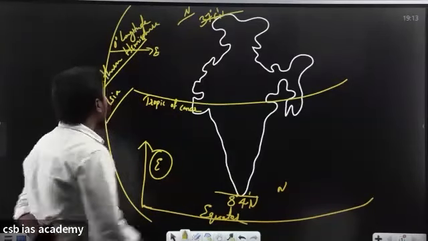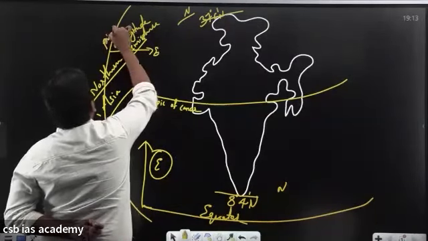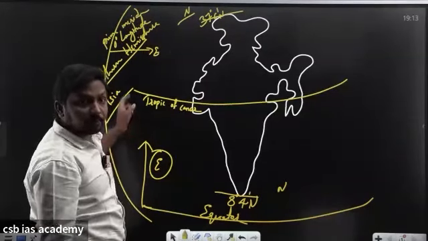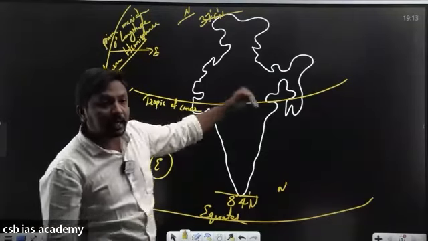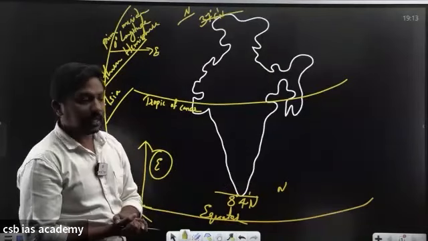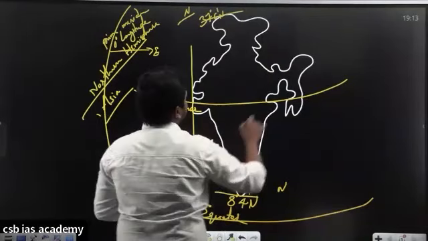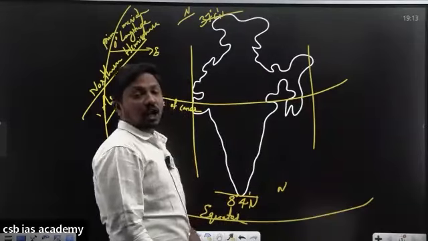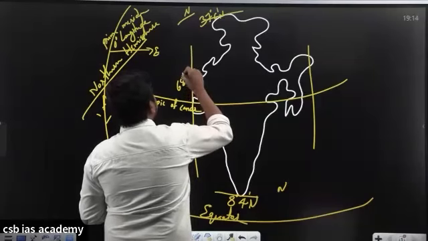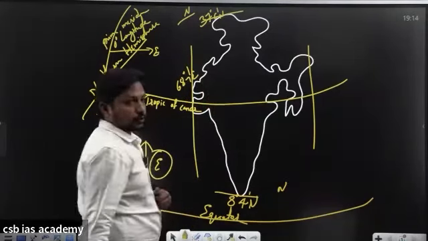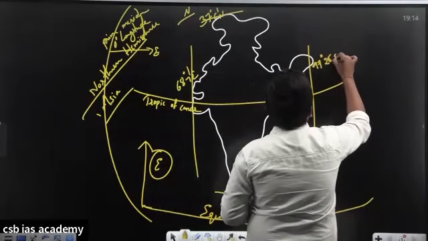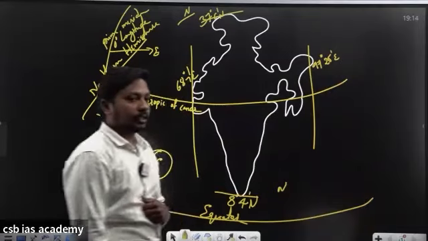0 degrees longitude. That is what we call the prime meridian. So from the prime meridian, India is located on the eastern side. So whatever longitudes we are measuring here, we call them eastern longitudes. Let us look at the location of India. In between which longitudes is India located? Any idea? Here, 68 degrees 7 minutes east longitudes to 97 degrees 25 minutes east longitudes.